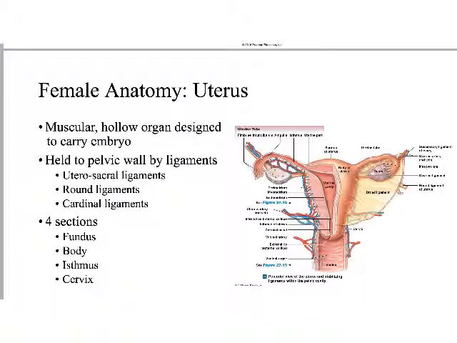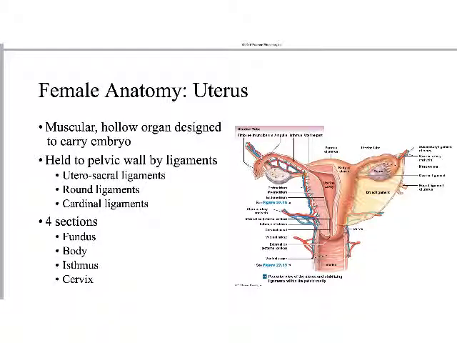And as we mentioned, it is held together by numerous ligaments. I'm not going to make you learn the names of these. I put them there for completeness' sake, but just understand that there are numerous ligaments. It's not a ligament like the kind that connects bone to bone. It's really just a sheet of connective tissue that connects the uterus to the abdominal wall or to the ovaries